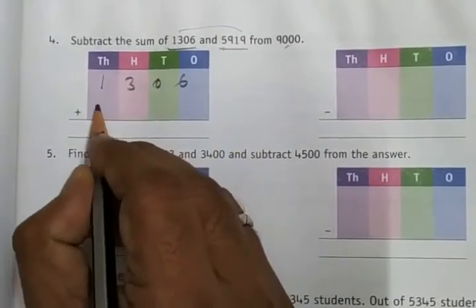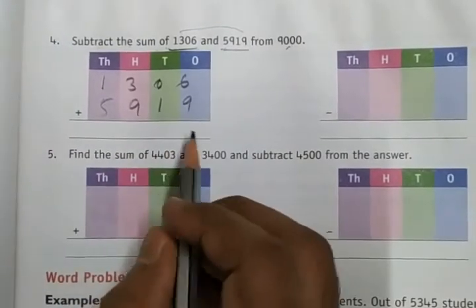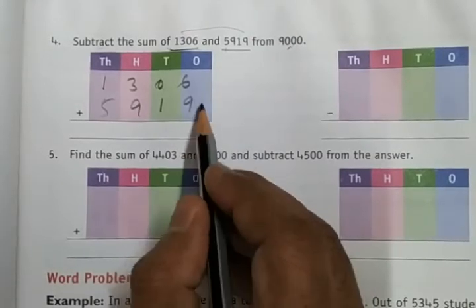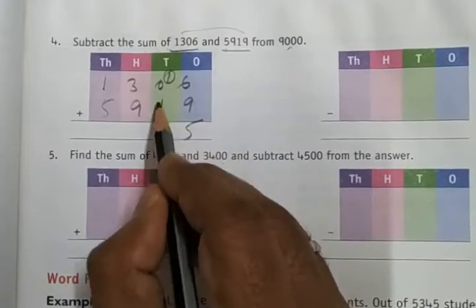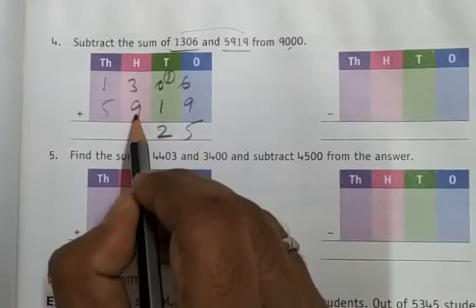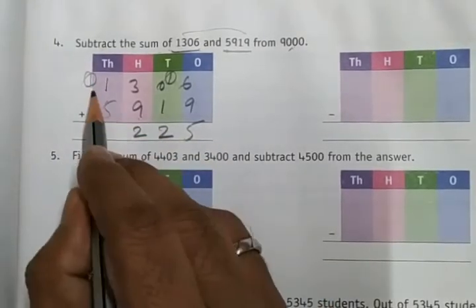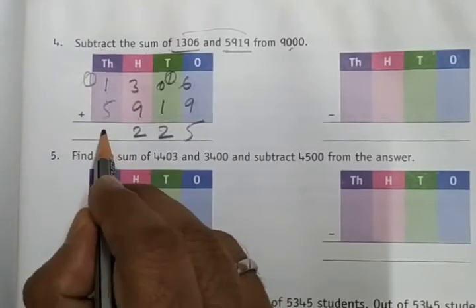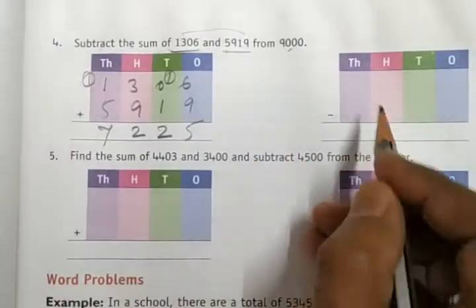1306 plus 5919. Okay, 6 plus 9 is 15. Then carry 1. 1 plus 1 is 2. Then 3 plus 9 is 12. Carry 1. 1 plus 2 is 3, no, 1 plus 1 is 2. 2 plus 5 is 7. Okay, so this is 9000